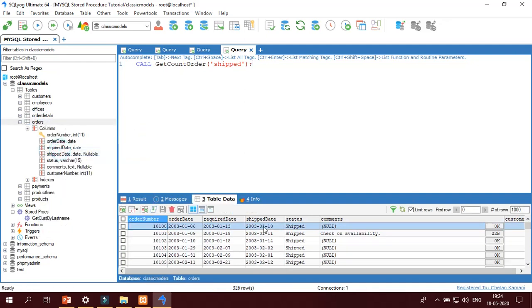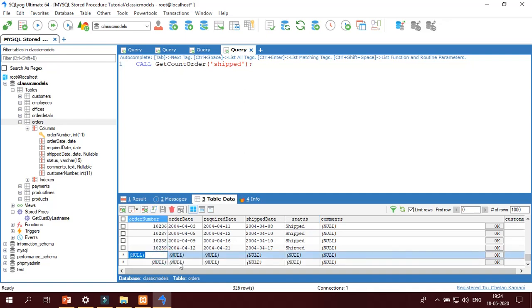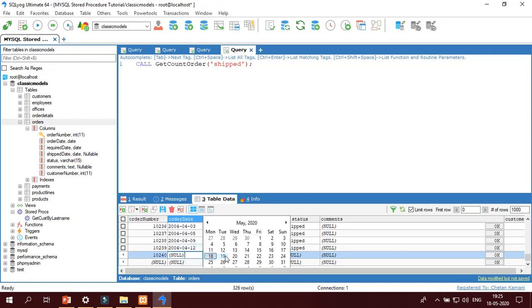Now again, if you want to check how many orders, let me check. Suppose I'm going to do one wrong entry, order number 10230, order date.